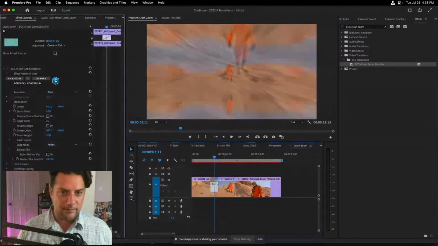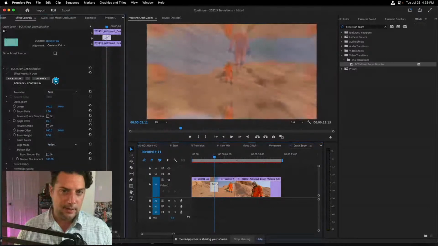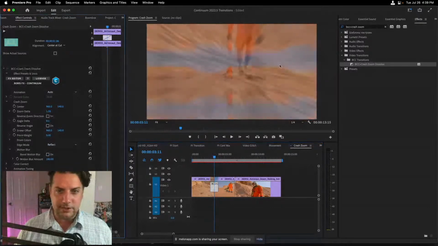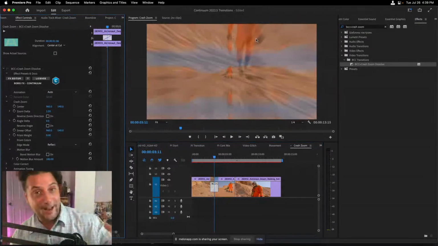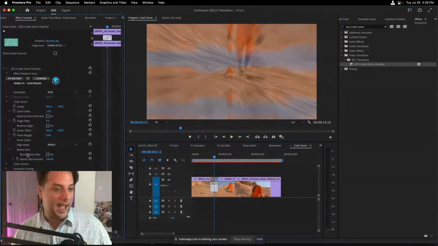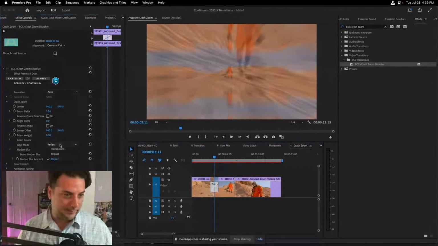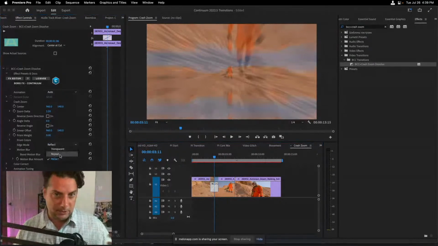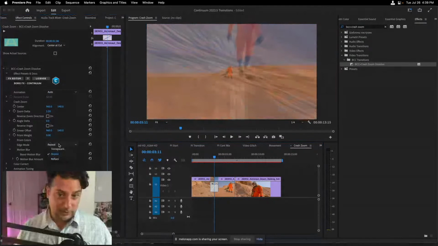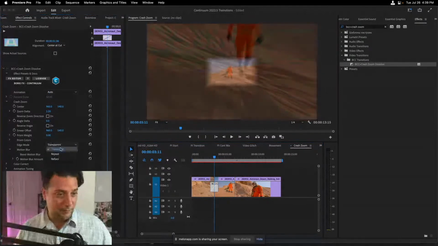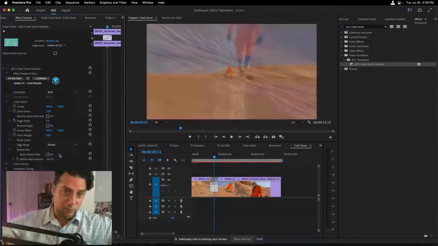So that's the amount of zoom between your two shots. And if I draw your attention to the side of the image, you'll see that very similar to the camera shake effect, we have an edge mode currently set to reflect, but we also have repeat. We also have transparent, which are going to give you very different looks when you move from that one clip